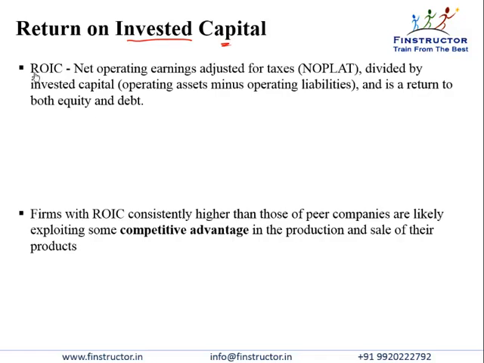The advised formula for the ROIC is the net operating earnings adjusted for taxes, that is EBIT into 1 minus tax, since we are trying to again compute the return on our operating assets or the invested assets. So EBIT is the return that the asset has given us, but tax has to be paid. So EBIT into 1 minus tax, or NOPAT, is the return that we have gotten from the asset divided by the total value of the asset, or the total